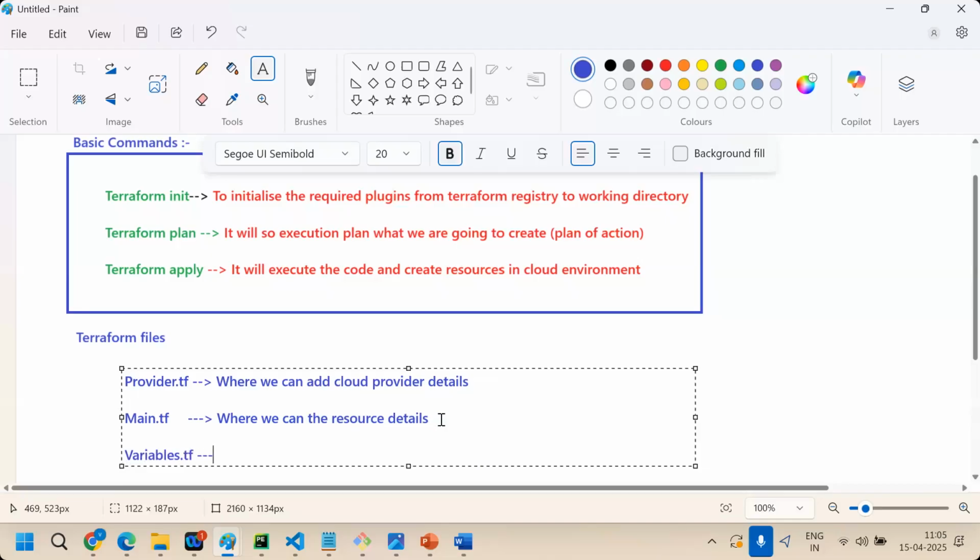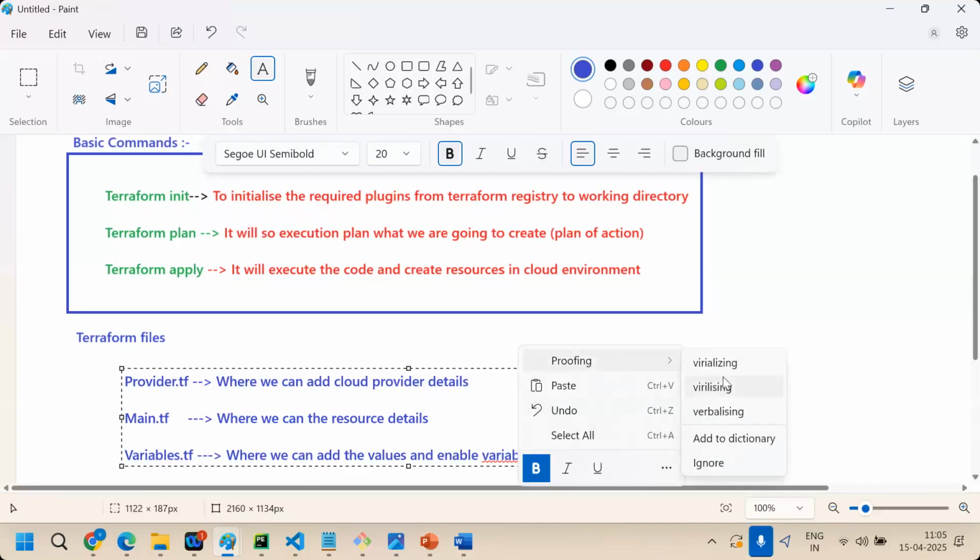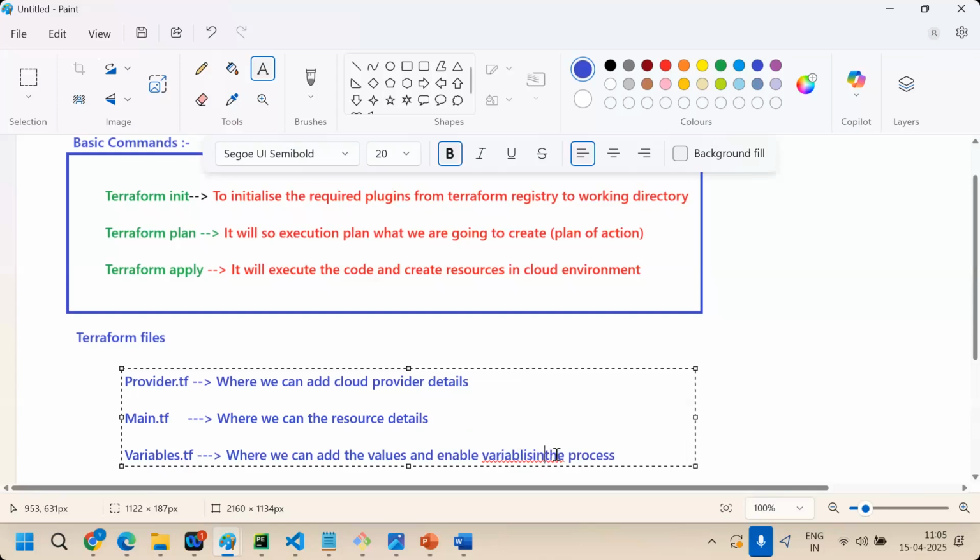Simply, we can variabilize the values: we add the values here and enable the variabilize process, so we are not calling any values directly.